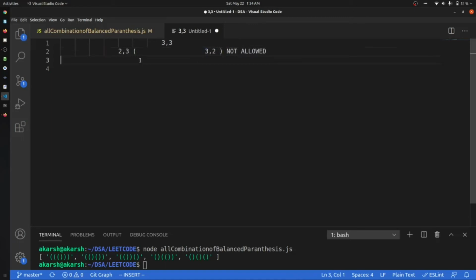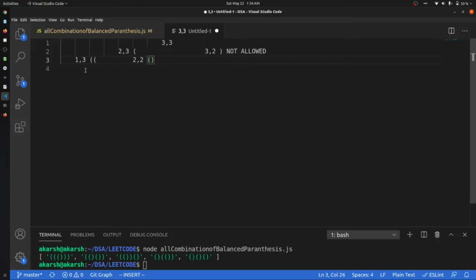Okay, let's come to this point. After this, what we can do is have 1 comma 3, in which we can have 2 opening braces, or we can go with 2 comma 2, in which we can have 1 open and 1 closed. These both are right.